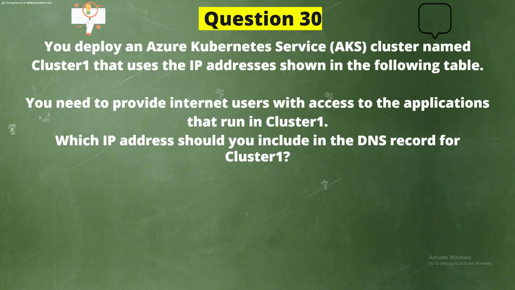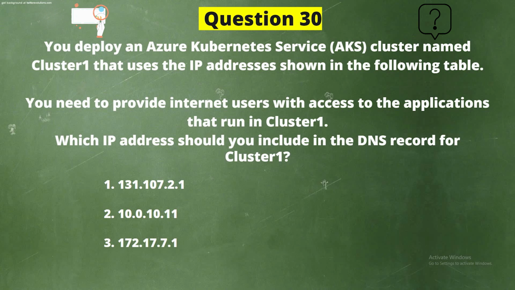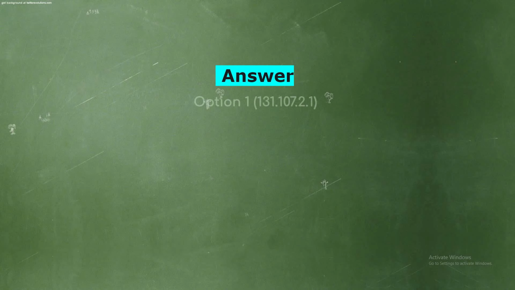You need to provide internet users with access to the applications that run in Cluster 1. Which IP address should you include in the DNS record for Cluster 1? Now, here are the options. Option 1, 131.107.2.1. Option 2, 10.0.10.11. Option 3, 172.17.7.1. Option 4, 192.168.10.2. And the right answer is option 1,